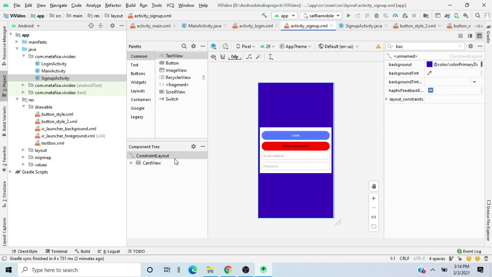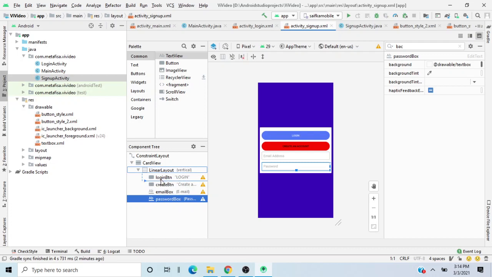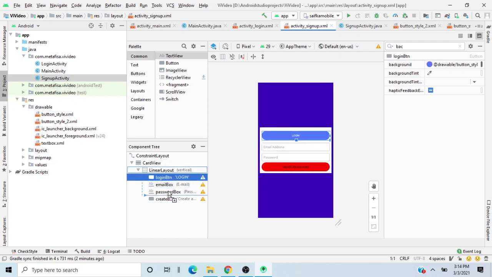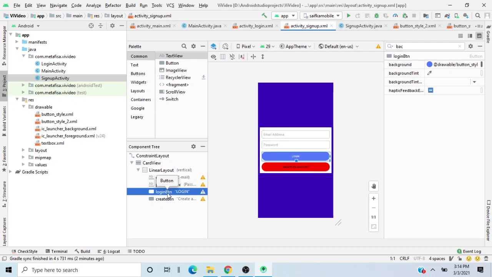Yep. And of course we have to change this thing. And for this login button,